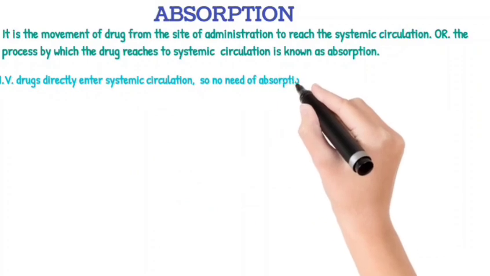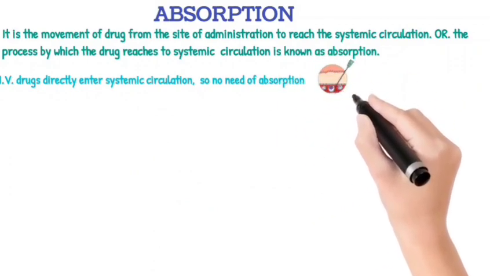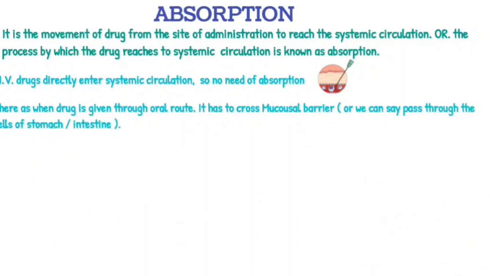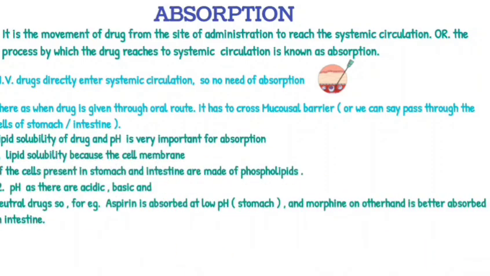Whereas when a drug is given through the oral route, it has to cross the mucosal barrier, or we can say pass through the cells of the stomach/intestine. Lipid solubility of the drug and pH are very important for absorption. 1. Lipid solubility, because the cell membranes of the cells present in the stomach and intestine are made of phospholipids. 2. pH, as there are acidic, basic, and neutral drugs, so, for example,